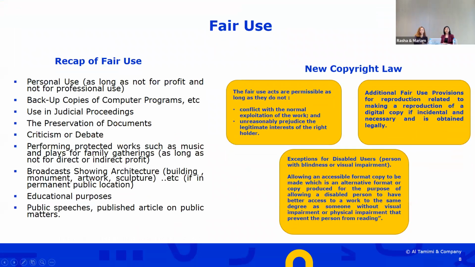And fair use, as most of you may know, is basically the limitation or the exceptions to copyright. And it is always limited because these are exceptions and there are conditions for applying fair use. In general, fair use under the old UAE law and the new one is almost the same. Fair use is for personal use. If you make a copy for personal use, most importantly it should not be for profit or professional use. Then backup copies of computer programs, and use of works in judicial proceedings, like when you copy from court, from books or from research or from whatever, you can use it within judicial proceedings,